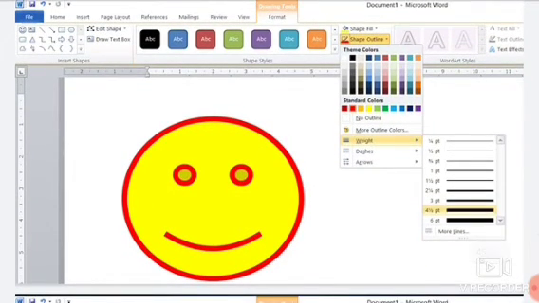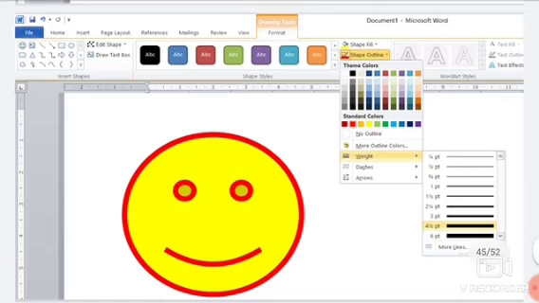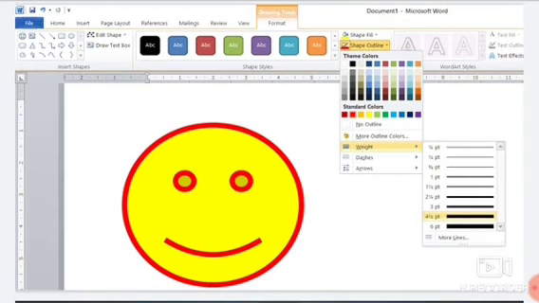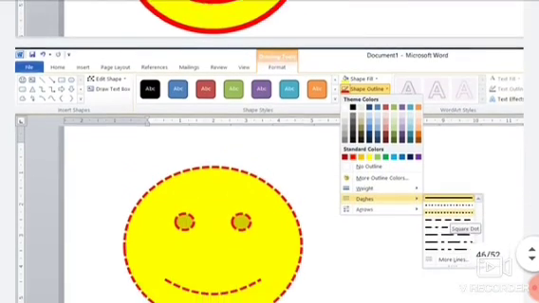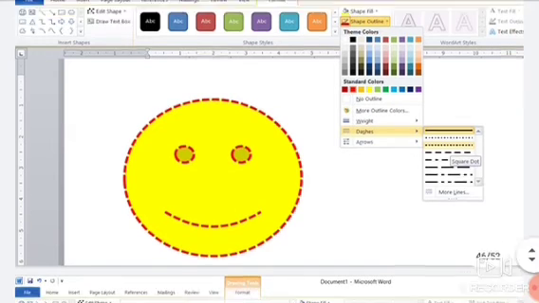And if we want to change the thickness of the image or shape, for this, select the shape and go to the shape outline, and as you click on it, you will get the option Weight. In that weight you will get different line thickness points. You can choose whichever you want to apply on your shape. And in this dash option you can apply the lining style also, in which your text, your image, your shapes will appear.